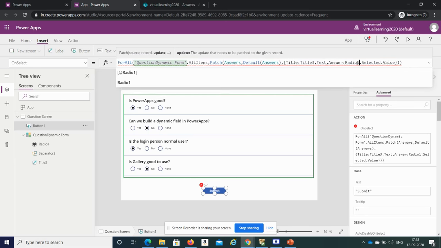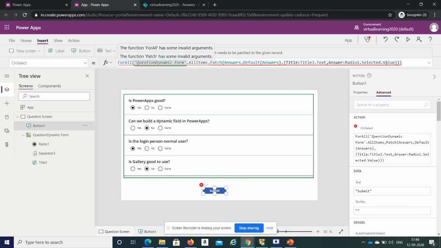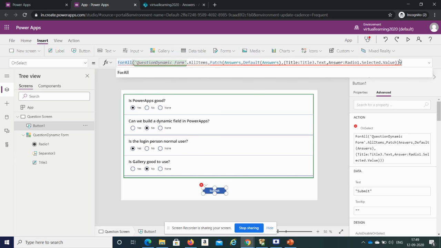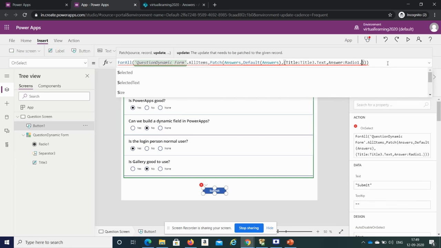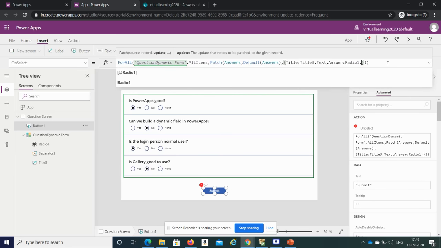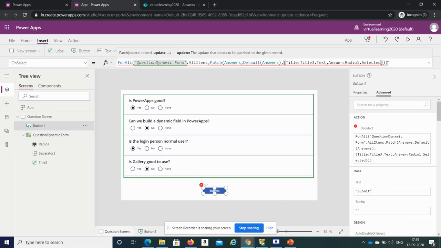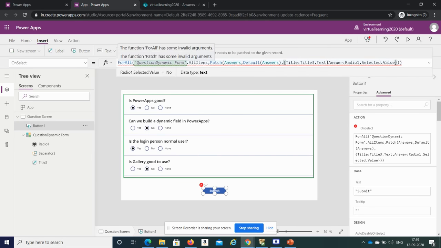It is showing like this. Okay, so it is saying patch has some invalid arguments. So I am missing something, maybe here itself. See, Radio1 dot Selected dot Value, but still it is showing something is missing.